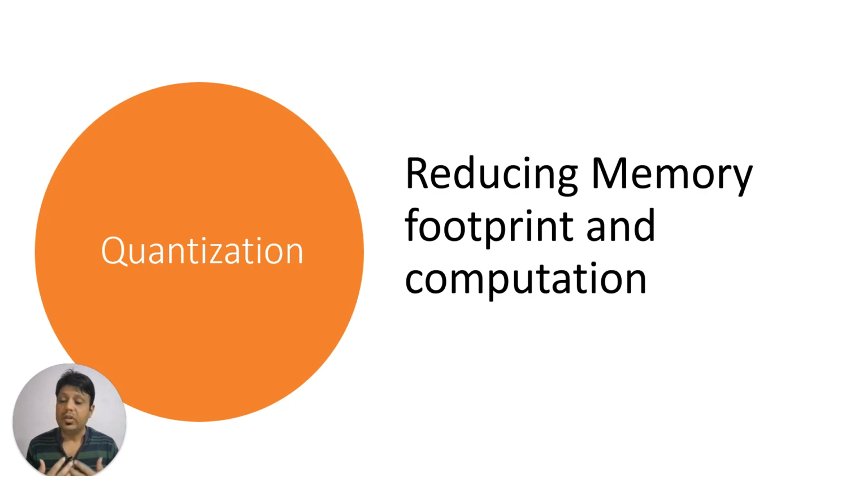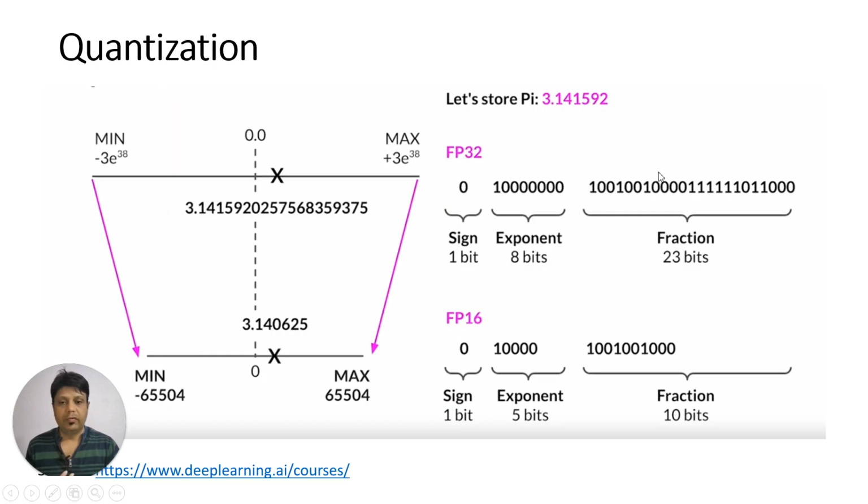So how can we use these models? How can we reduce the memory footprint and the computational power? This is what we do with quantization. Let's try to understand this. Let's say we have 175 billion parameters, and when we store these values, we generally store them in